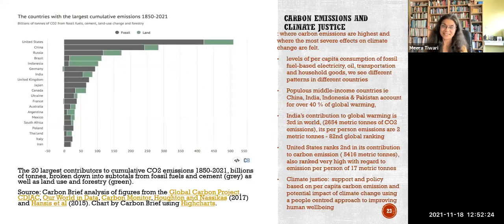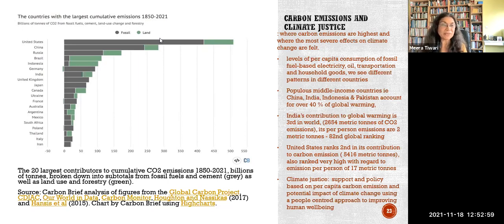And so that's the data. And then I talk in detail about what is climatic justice. This figure is not in the book, but I thought it really explains, it draws attention to what it means when we talk about climatic justice. So in talking about climate justice, in terms of where the carbon emissions are the highest and where the most severe effects of climate change are felt, the tension is between these two